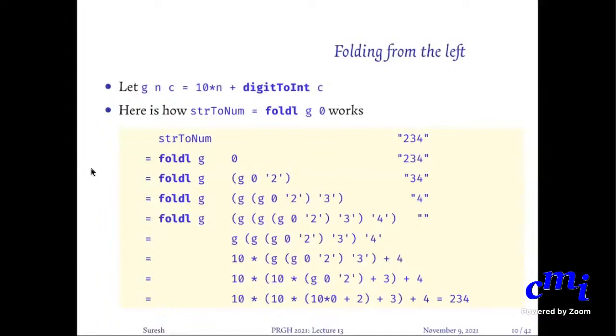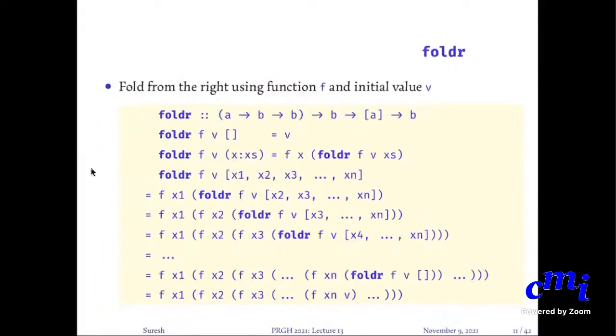So at every point of time you will have a current value with you, and then the rest of the string. But the point is that you won't have a current value with you. You will always have an expression. Only at the very end will you have a value. This is a problem with both foldL and foldR, which is what we want to look at next. FoldR,